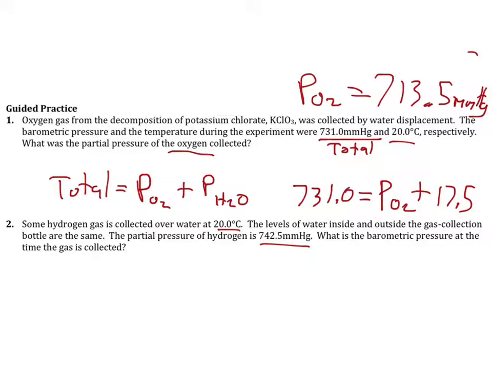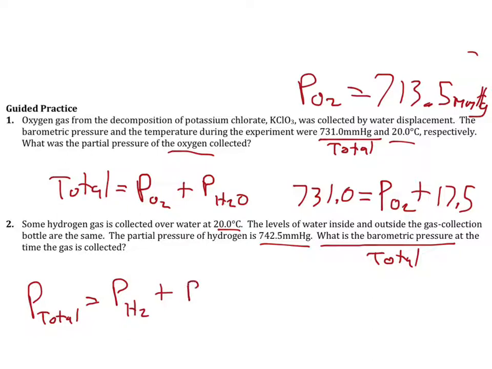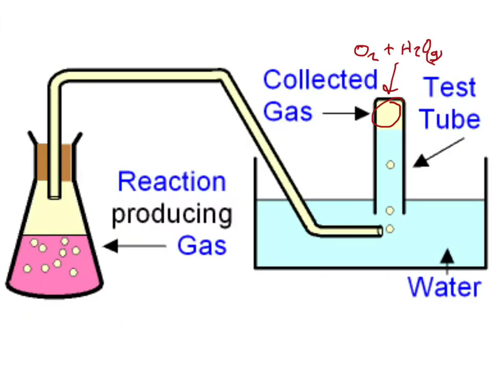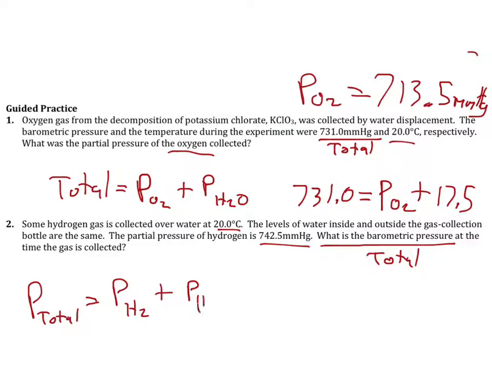Now, when it says what is the barometric pressure, this is asking for the total. So again, we know that the total pressure is equal to the partial pressure of the hydrogen gas, plus we know that it's being collected inside this tube here through water displacement. We know that there's some water in there as well. And so what it's asking for in this situation is the total. This is also really easy, because all we need to do is take the partial pressure of the hydrogen gas, which it gives to us right there,